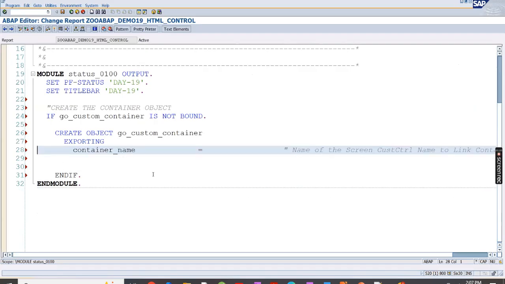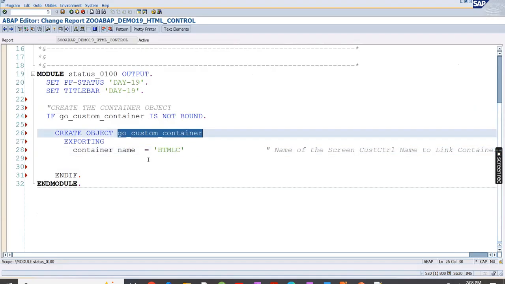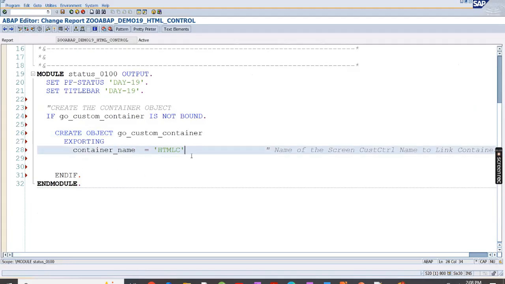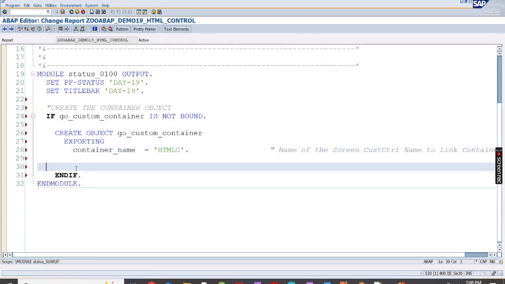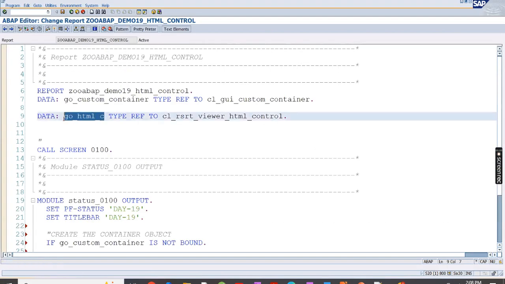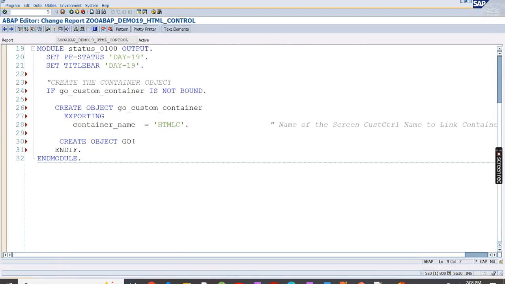in our custom development. Okay, so here the container name, I have given HTMLC, right? If you remember, HTMLC is on the screen which I have created. So go_custom_container is now created, and once you create this one, after that you have to create the HTML page control, right? So create object, just copy HTML control. You have to clear the HTML control